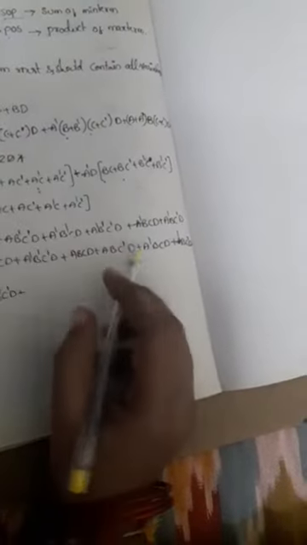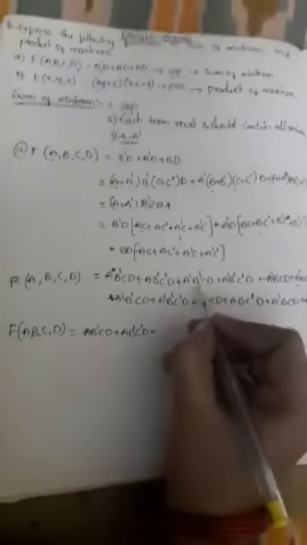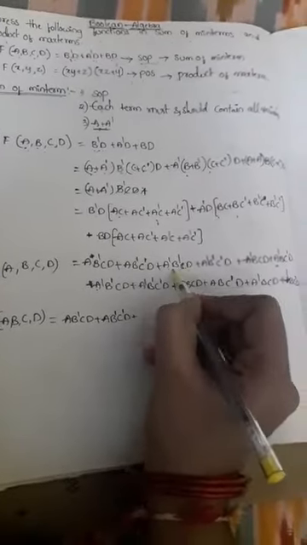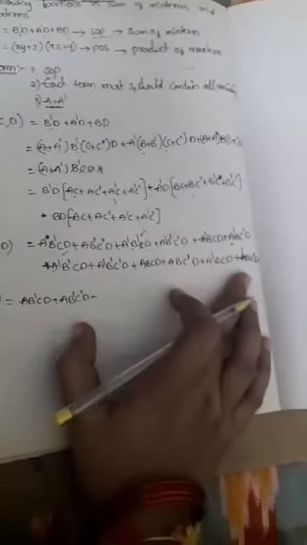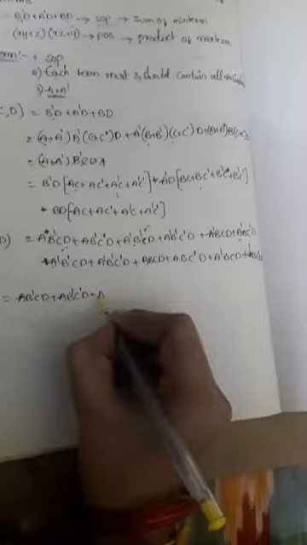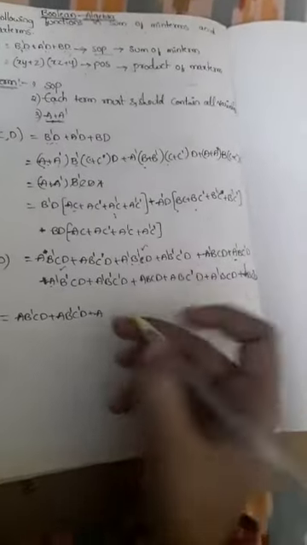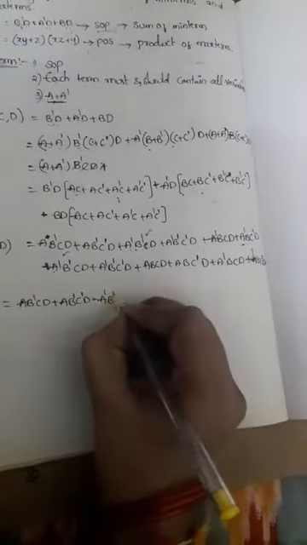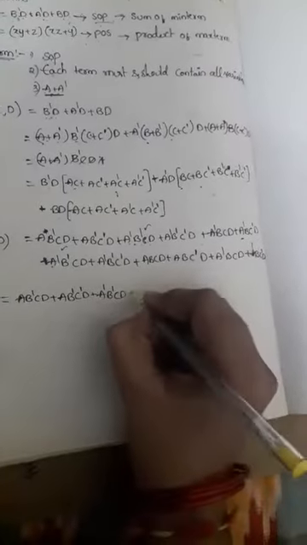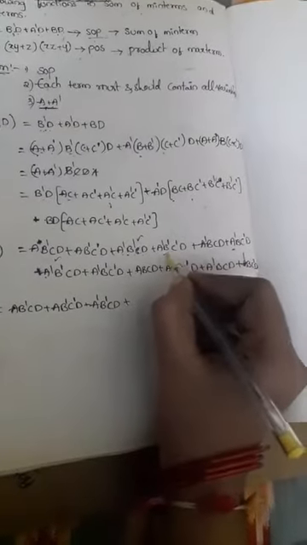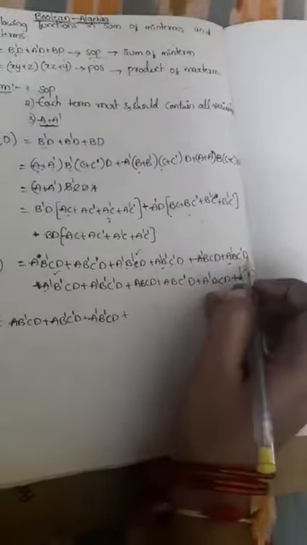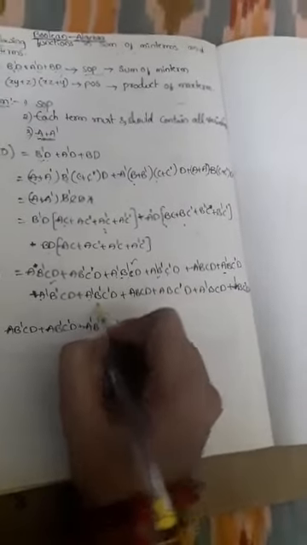Next, a complement b complement c d, a complement b complement c d here. Okay, so a complement b complement c d, this one, and here also. So a plus a is nothing but we'll take it as a single a, right? So a complement b complement c d plus the next one, a complement b complement c complement d. So now check it, a complement b complement c complement d, here and here.